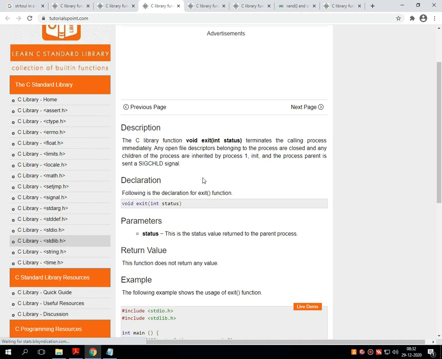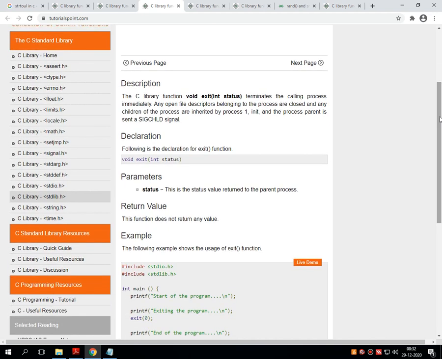The theory says about this standard library function that this function is used to exit from the intermediate execution of the looping control structure or decision making statement if the condition is true also.